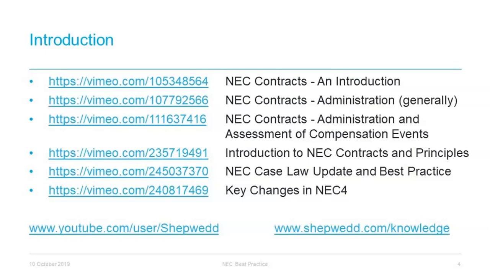Now, we often see projects using NEC contracts where there are issues and things that have gone wrong. Often that is because the contract has not been operated as it should be. For example, that might mean that the contractor has lost an entitlement to compensation events which they may otherwise have been able to claim. We have also seen situations where there has been disruption to the works and parallel acceleration to try to recover time, and retrospectively it can become very difficult to unpick that and decide what the contractor is entitled to.